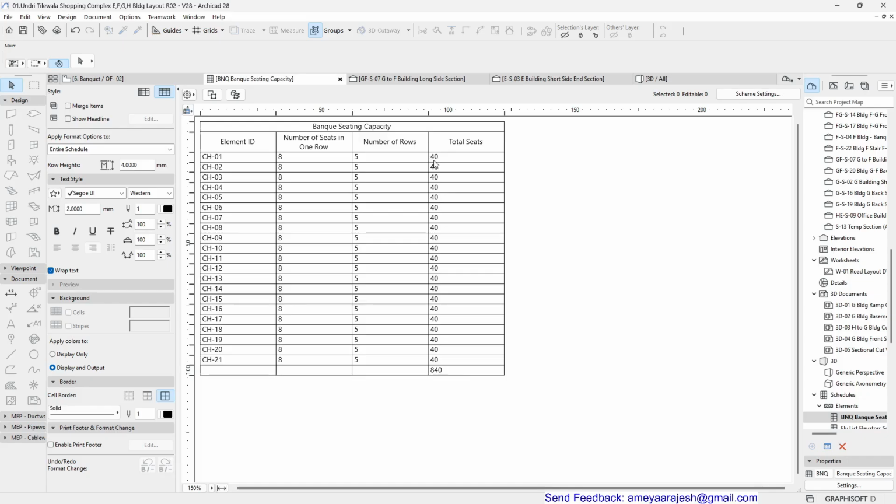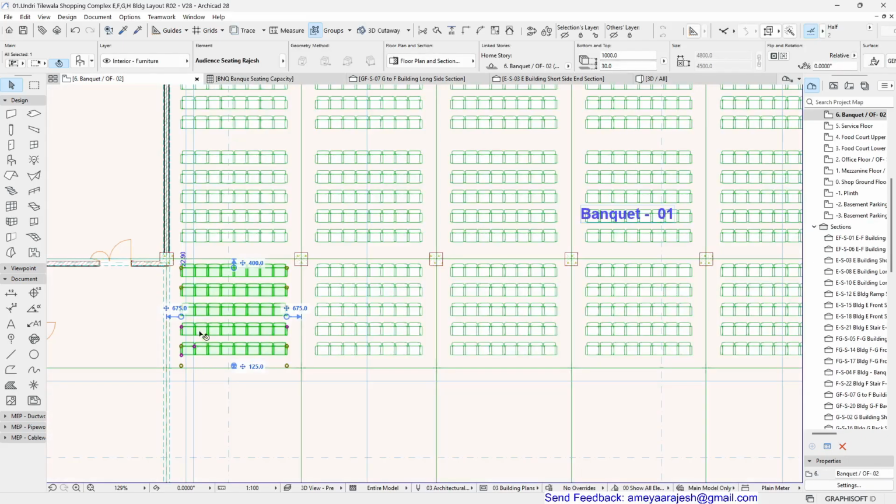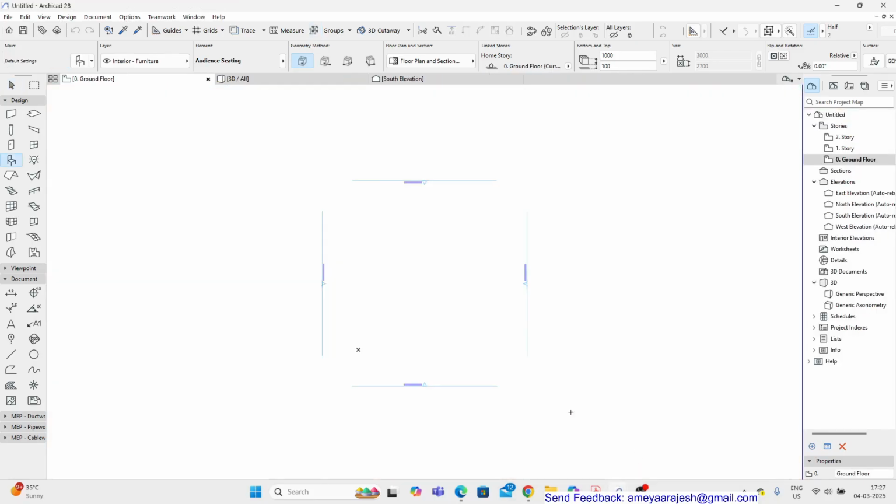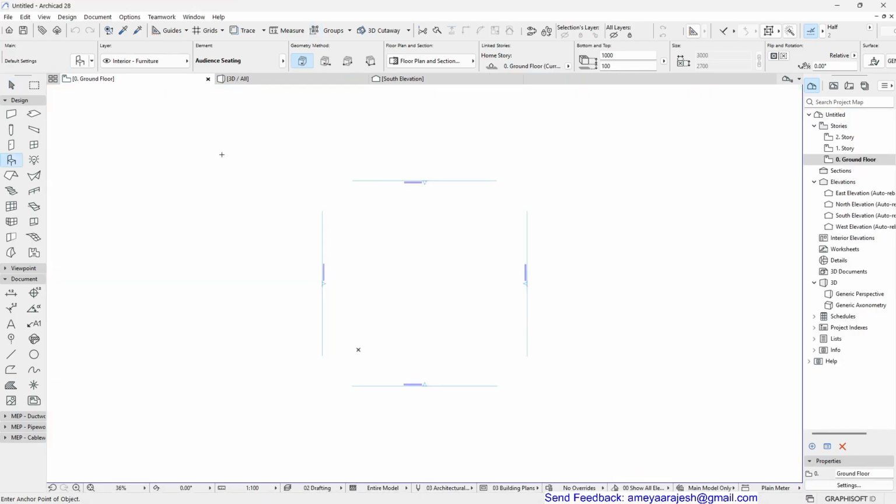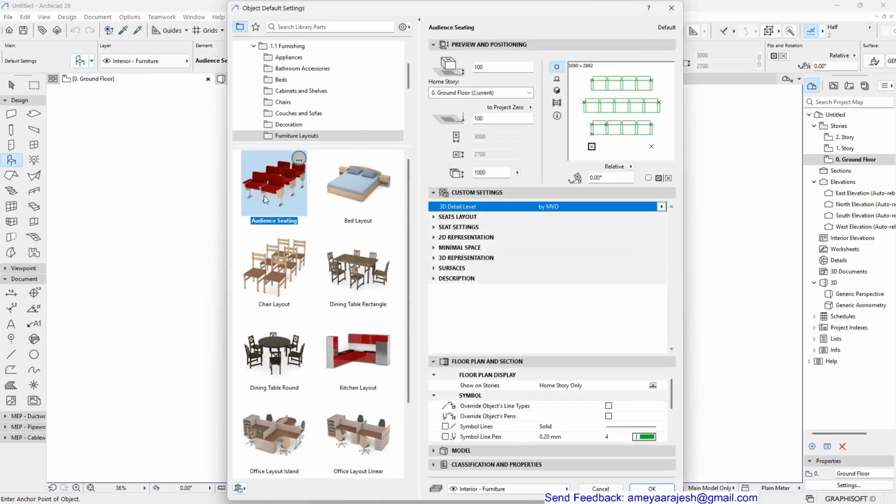Now remember, ArchiCAD doesn't provide you by default this total seats. So I'm just going to show you how you can add this feature in your existing library part. Okay, so for that, very quickly, you will just shift to this drawing. Now here, what I'm going to do, if you check out, this is my audience setting,